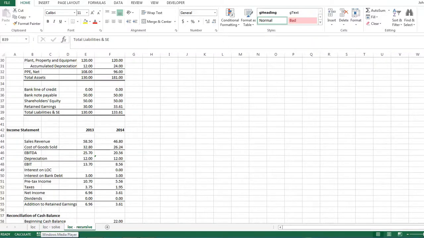Next, I'd like to close this initial discussion of lines of credit with something called a recursive calculation. Sometimes we think of it as what's known as a circuit breaker. What I'd like you to see here is I've got my calculation of my line of credit, and you'll